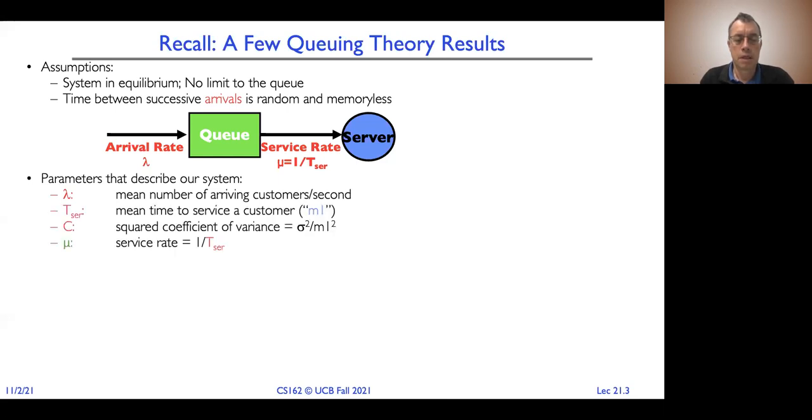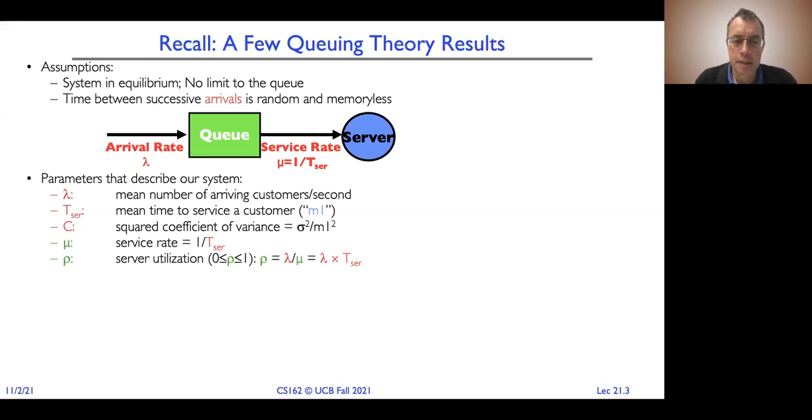So then another important parameter is the squared coefficient of variance to characterize the systems, and the server utilization. The server utilization is basically the average arrival rate over the average service rate. And fundamentally, you do want this parameter to be less than 1, because this would mean that the system is in the stable